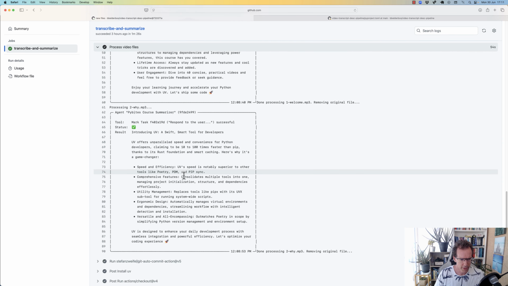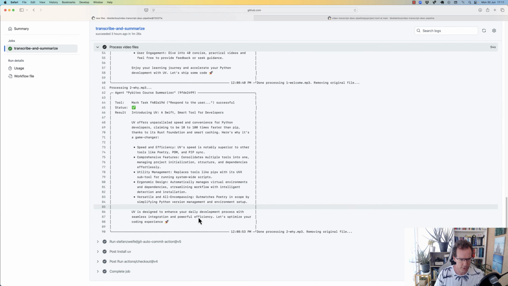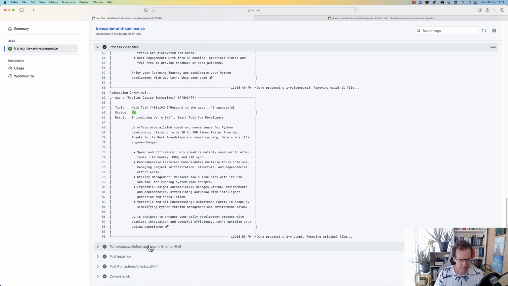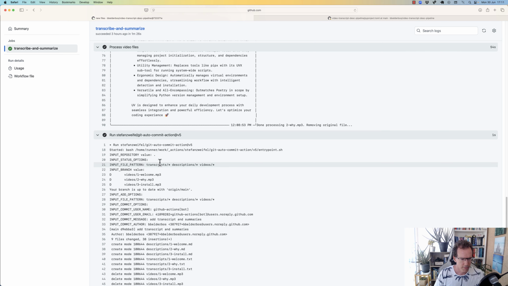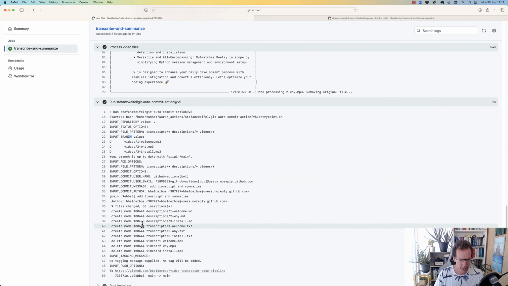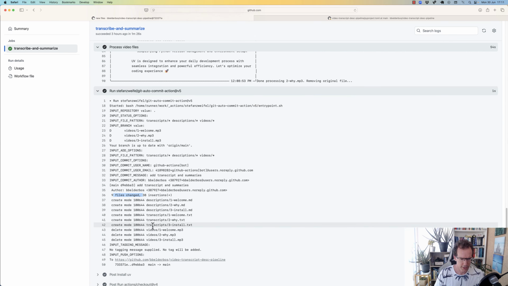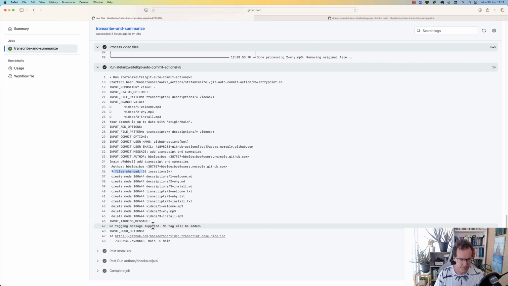So it ran the script and it stored these outputs in the descriptions directory, and then the auto commit action with the patterns picked up that there were new files. Well, it actually also had intermediate files, right? So it had transcripts, it had the resulting descriptions, and it deleted the raw MP3 files. So yeah, there were 9 file changes, which it then committed to the repo.